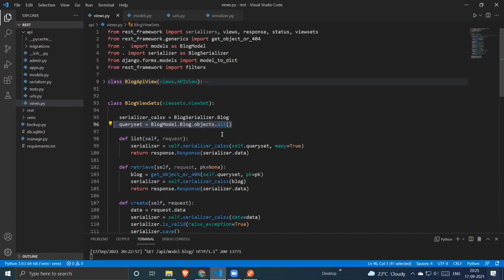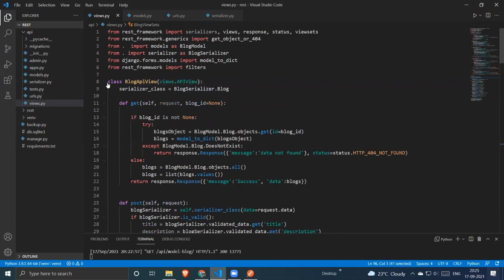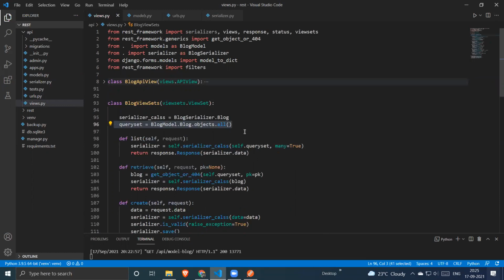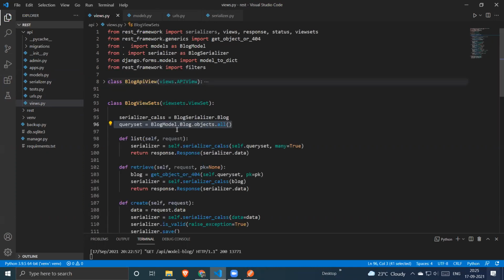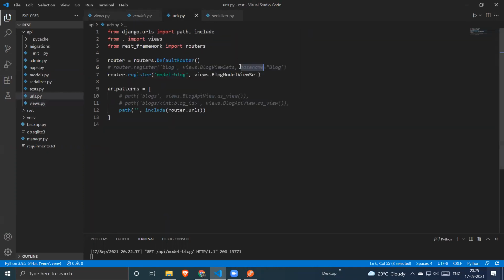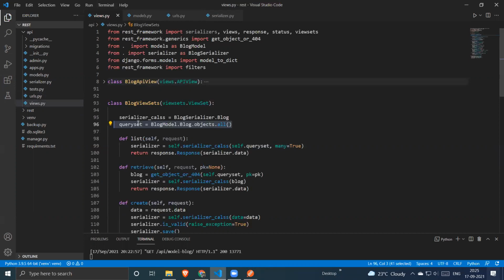You can use the API view set to perform any kind of operation you can do in the API views. For example, if you are reading a file from your server, in that case you are not going to use any kind of query set. Then you have to define this base name, because there is no query set operation in your APIs. Otherwise, if you are using a query set, you don't need to define a base name.